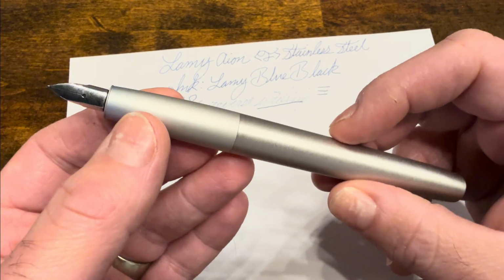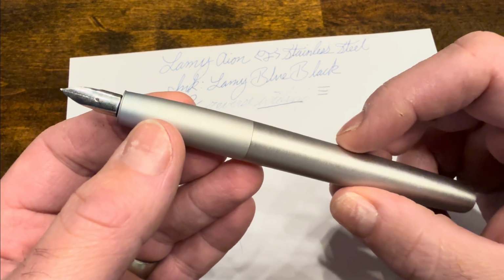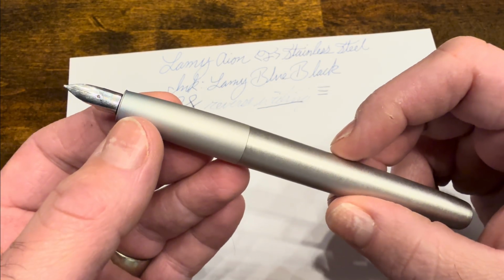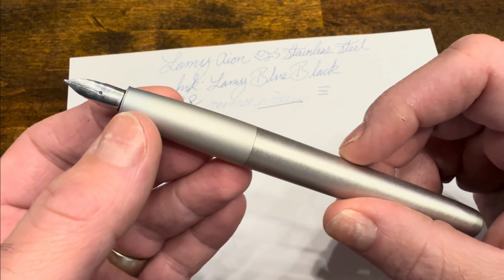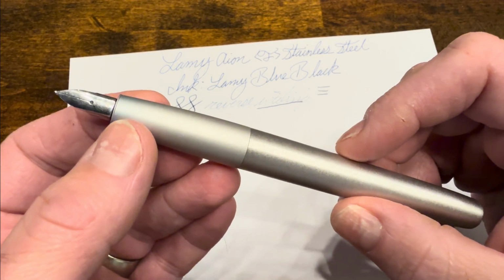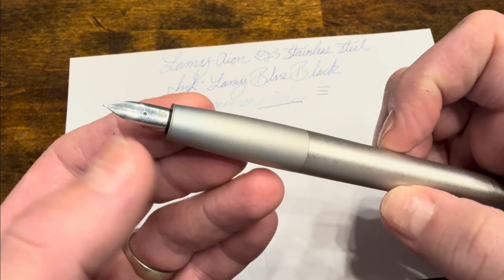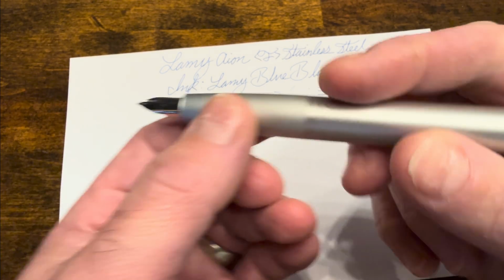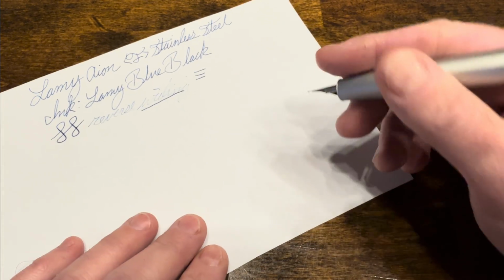But overall, I am a big fan of this pen. Again, I love this professional styling that is minimalist and very utilitarian looking. If you are looking for that style and maybe a little bit more of an upscale unit and you are curious to try out a new nib from Lamy, I think this one is a great option. And that just leaves me to say,